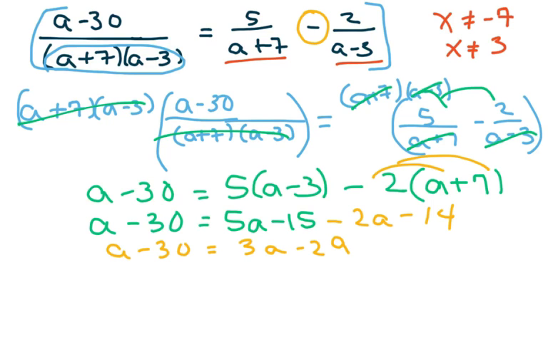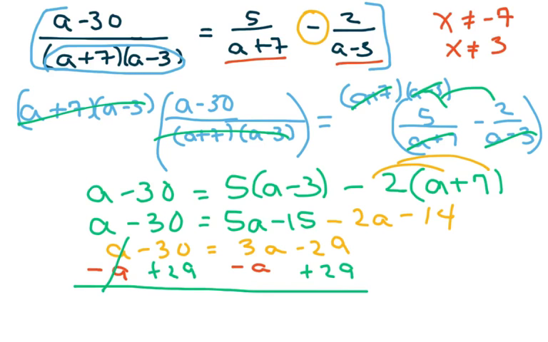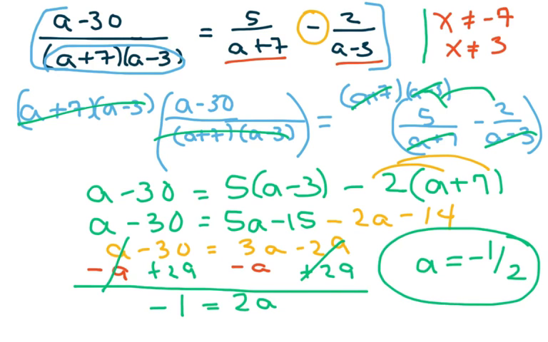Now what I'm going to do is subtract a, and I'm going to add 29 to both sides. So this gives me, add 29, I get negative 1 equals 2a, because that would cancel. So a equals negative 1/2, which is fine because we don't have an extraneous root. Okay, the last one we have is